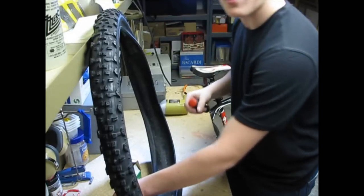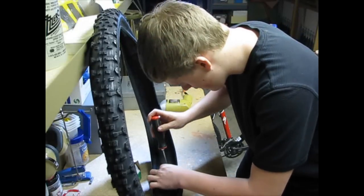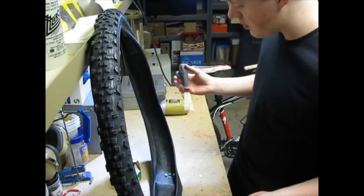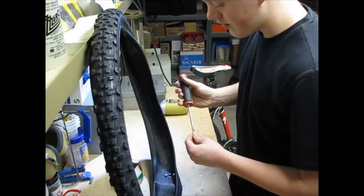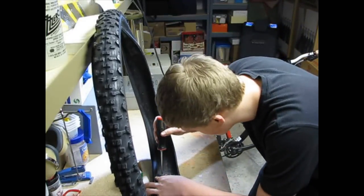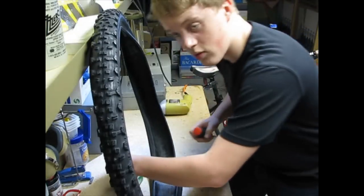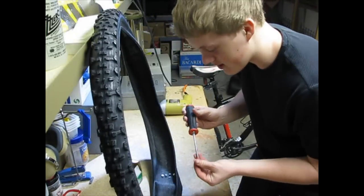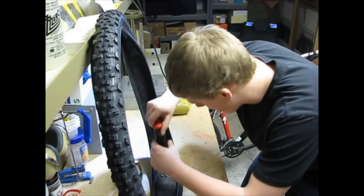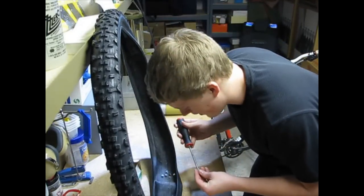Now you can just get them started and then just work on from there. It also helps to have good lighting when you're doing this, that way you can see what you're doing, and it really helps when you're trying to see the small little holes that you made. Having the proper lighting really helps, and I can't stress that more. So you just keep going on, and this does in fact take quite a while. You gotta be patient with it, but